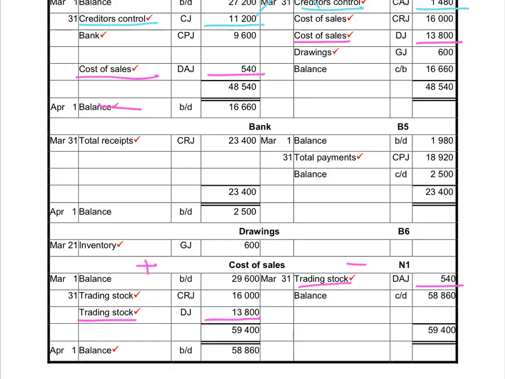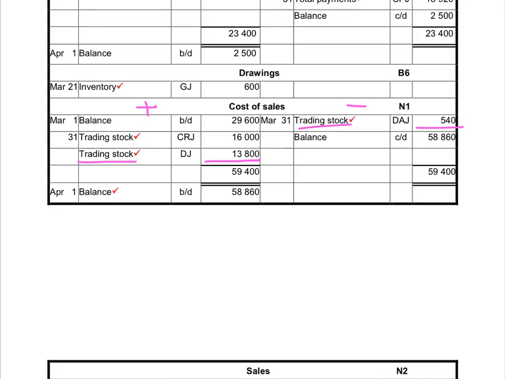In the bank account, you can either show sundry accounts or total receipts. That means that this amount is recorded in different accounts on the credit side. The total amount deposited into the bank was 23,400. The cost of sales account will be debited with the cost price of the goods sold for cash, and